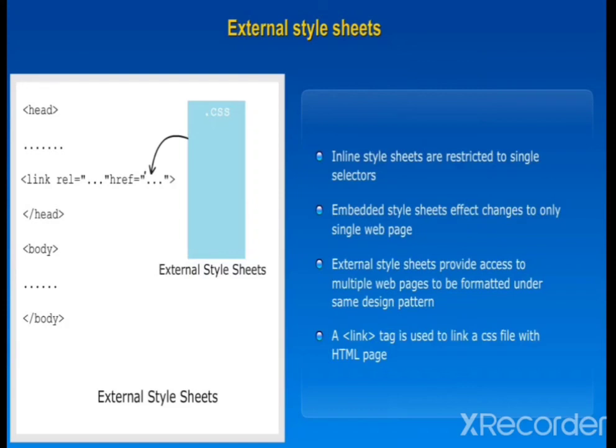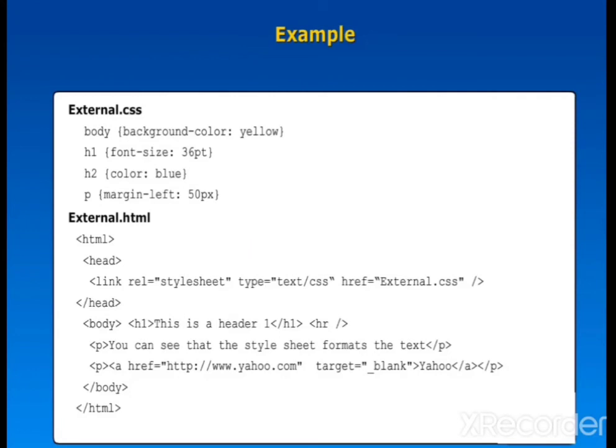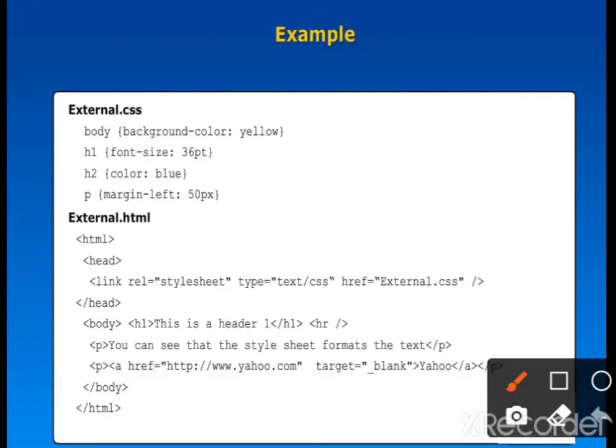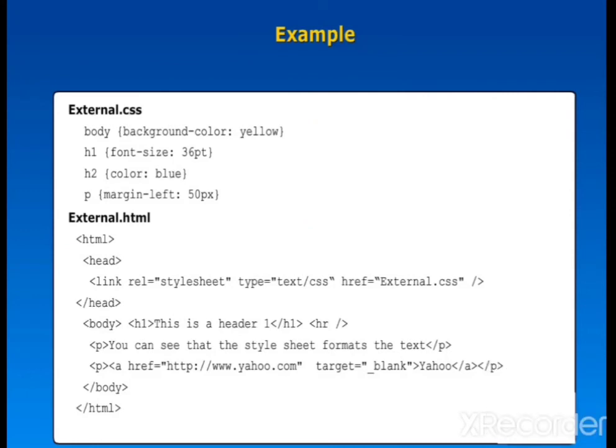Okay. Here we are using a link tag to link the external style sheet, and that is called an external CSS file within the HTML document. Let us see one example. Here is the example. In this example, it is the style which is declared in the external CSS file, and this external CSS file can be included in any web page or any HTML document. By that, the particular style will be applied to any HTML document, and it is implemented in any web page. Let us see the example here.